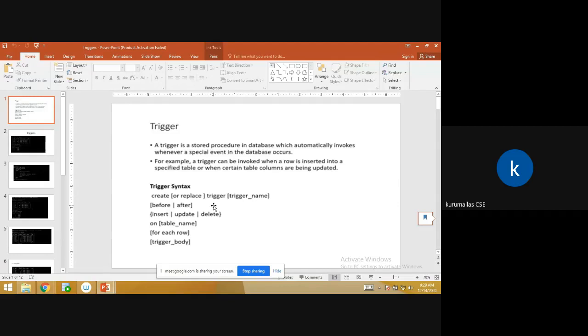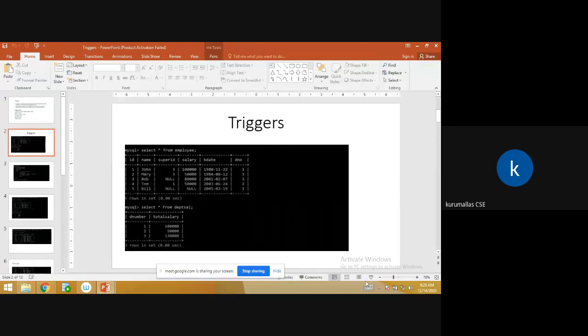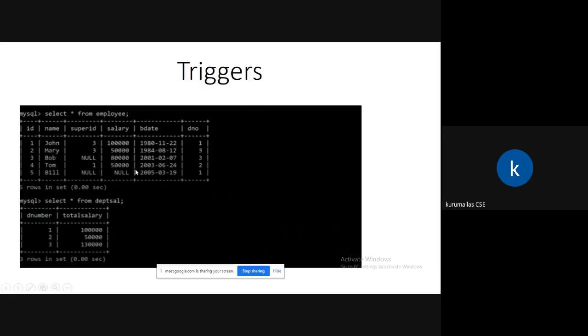So now see the example. By seeing this example, we can understand easily. So this is about the triggers lab session. Look here, this is one table we already created. We know how to create the table. I created an employee table. Then I need to select all the values from the employee. Select star from employee. If I write this query, we get this.